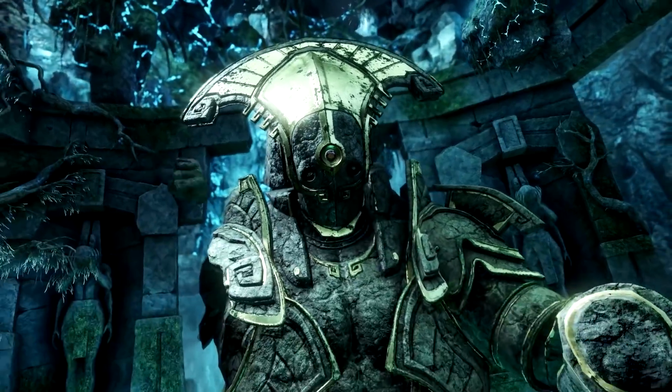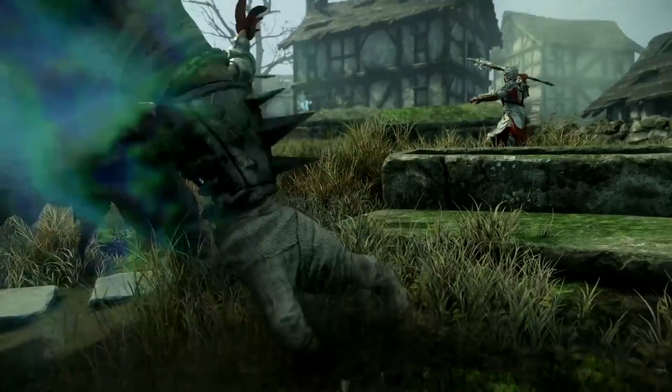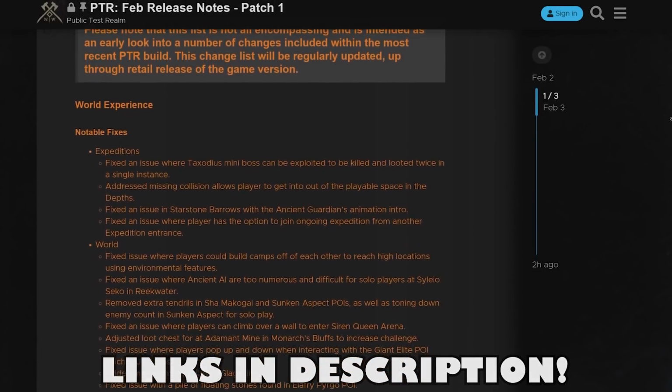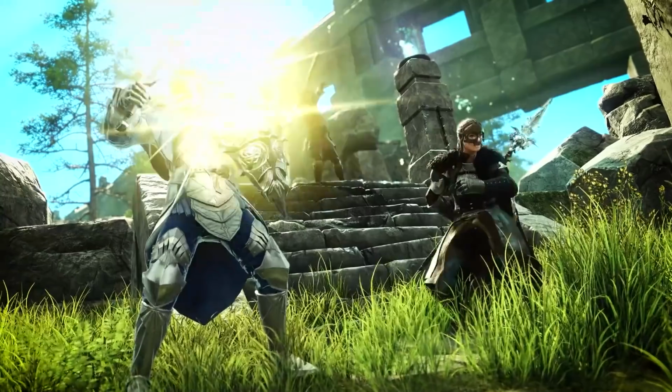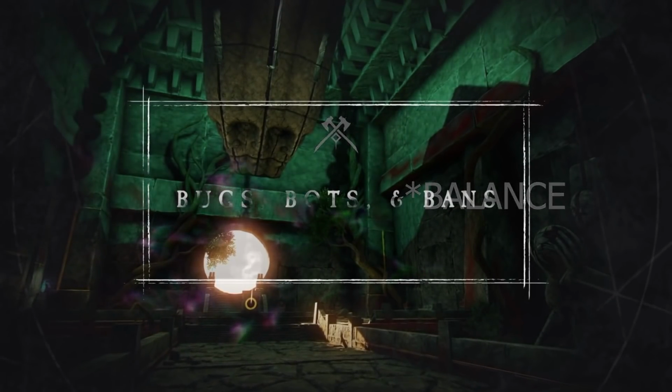It's Baggins here, and today we are going to be looking at the PTR February release patch notes, specifically for patch 1. Now, I'll put a link to these in the description down below if you want to take a look through for yourself. Previously, the New World devs have stated that February is just going to be a month dedicated to bugs, bots, and bans, so no new content that we're going to see in these patch notes, which